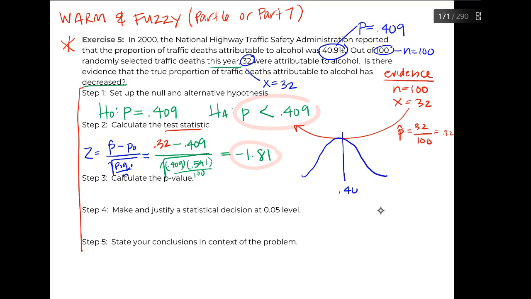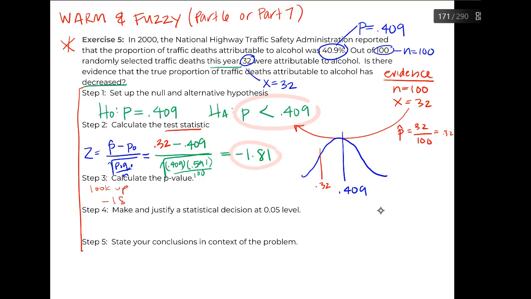We said, what if it's 0.409? How likely are we to get a 0.32? And then you could actually go on and calculate your standard deviation separately if you wanted to. So the next step would be to calculate your p-value. So again, you could either do a normal CDF, or I'm just going to look up